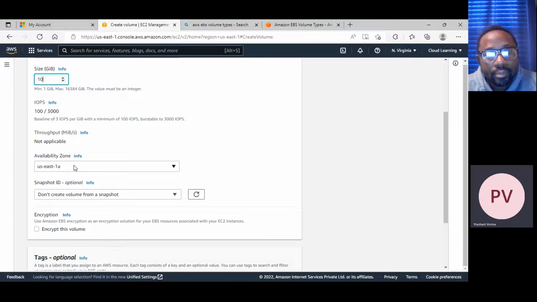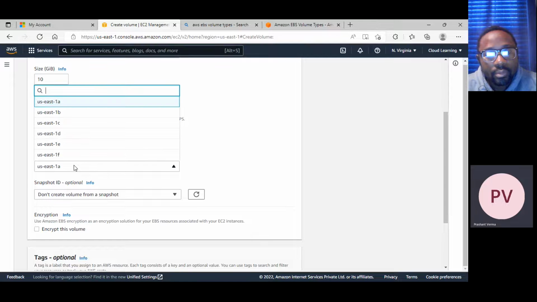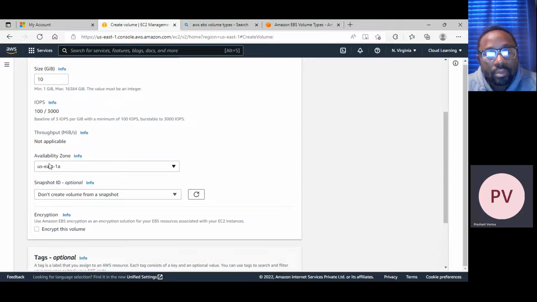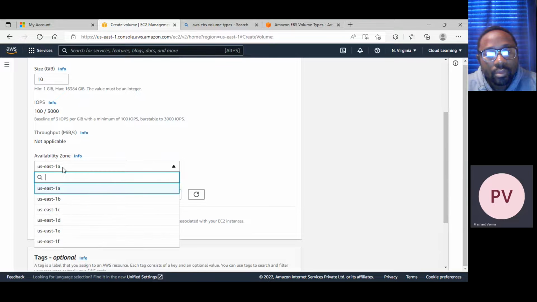One thing I need to note down is where my server is located. If it is in 1A, then I need to choose my availability zone as 1A, because 1A is my data center. It can't be possible that I put my server into 1A and my disk into 1B. So all things would be in the same region.